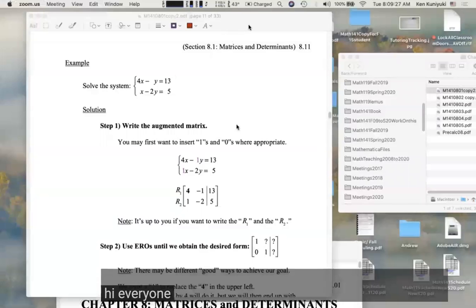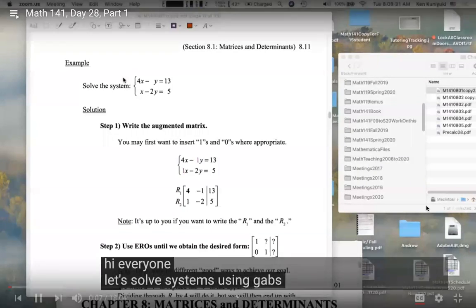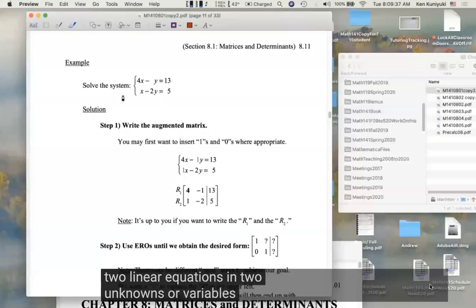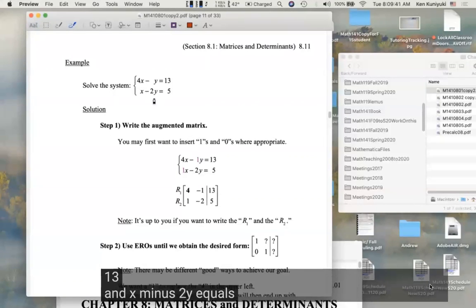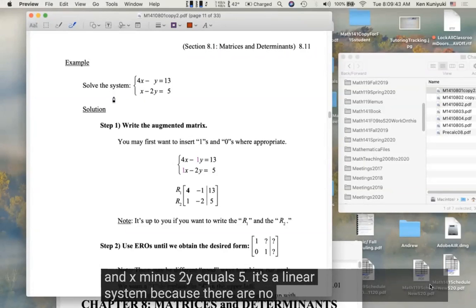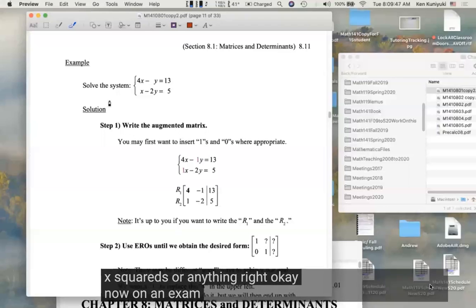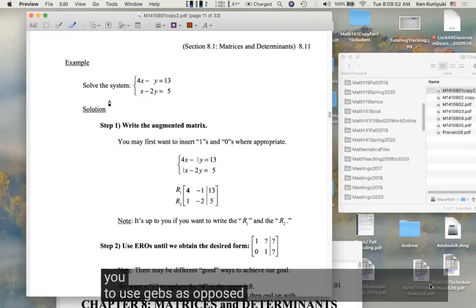Hi, everyone. Let's solve systems using GEBS. So let's solve this system of two linear equations in two unknowns or variables. 4x minus y equals 13 and x minus 2y equals 5. It's a linear system because there are no x squareds or anything. Now on an exam, I have the right to tell you to use GEBS as opposed to the other